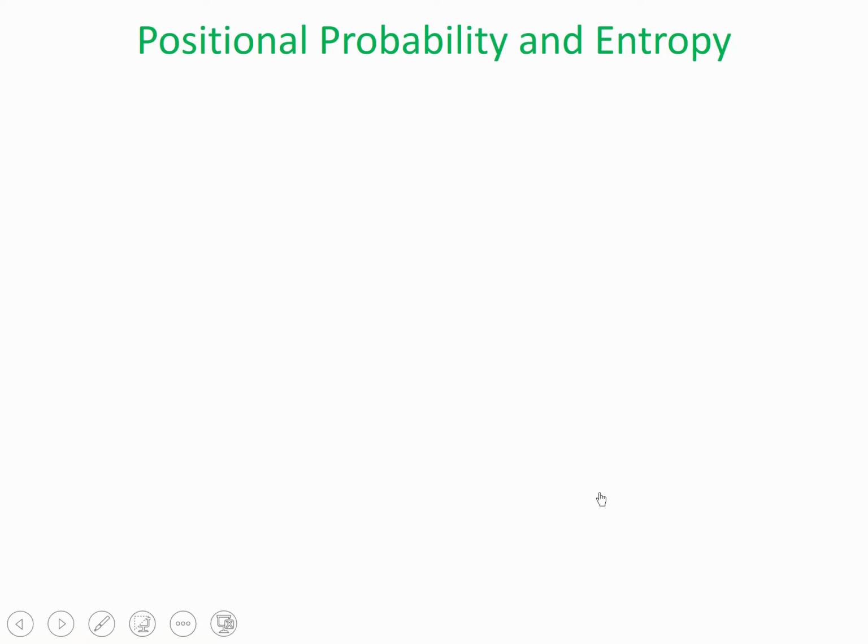In this video, we'll be going over positional probability and entropy. So we'll be actually using the idea of positional probability to explain a concept called entropy. For years, scientists were looking for ways to explain why certain processes are only observed spontaneously